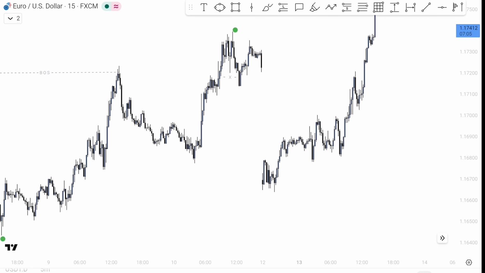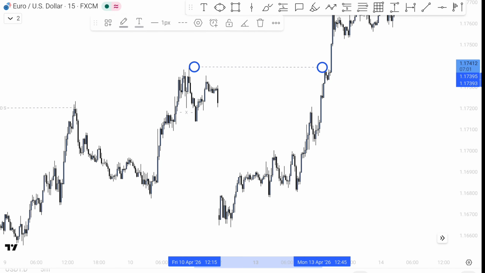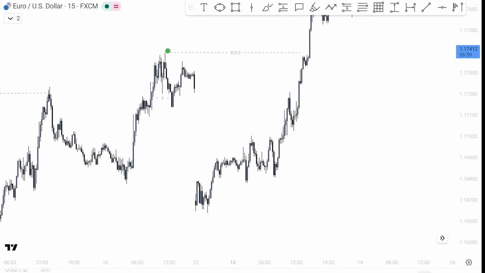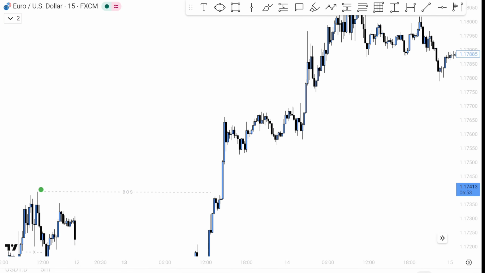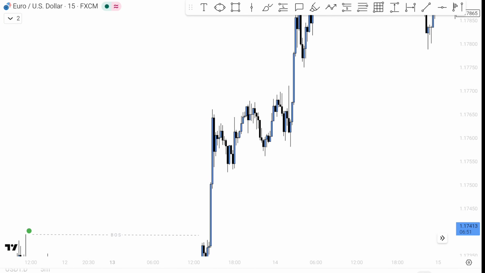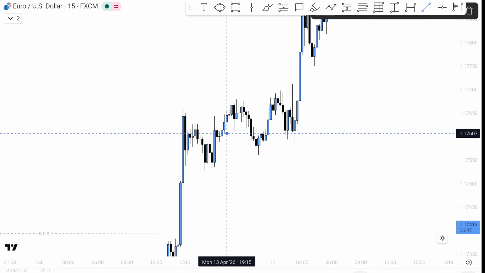The market mitigated something to the downside, and again it moves to the upside and creates the break of structure at this point. And after the break of structure, the deepest point is at this point, which is our new higher low. Again the market moves to the upside continuously. So where is your next pullback? As you can see, this was your first pullback.